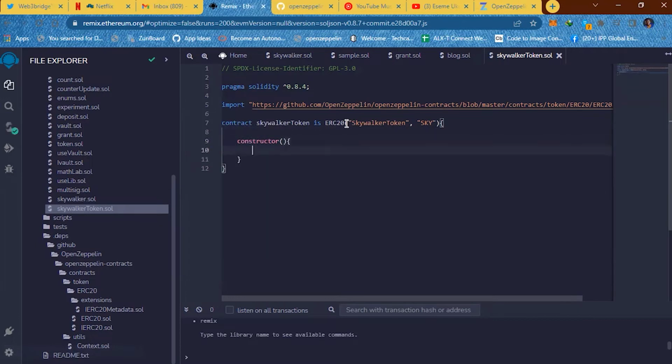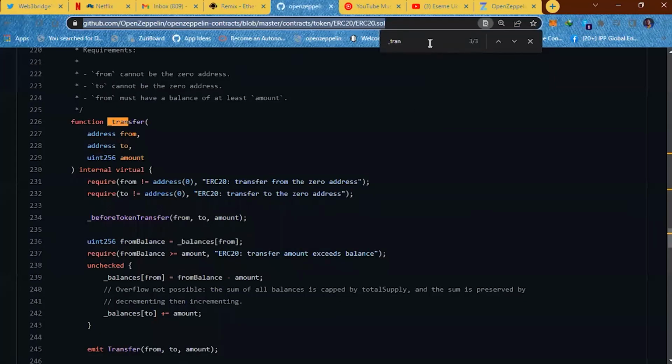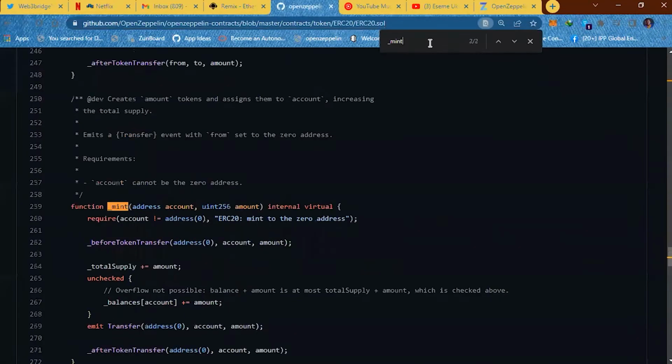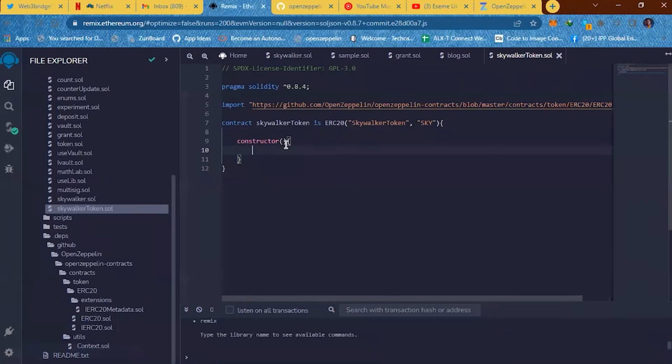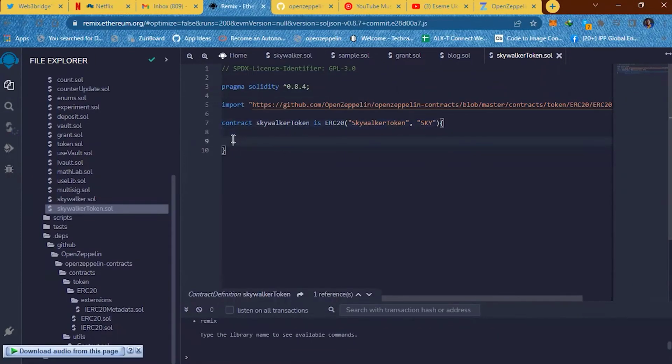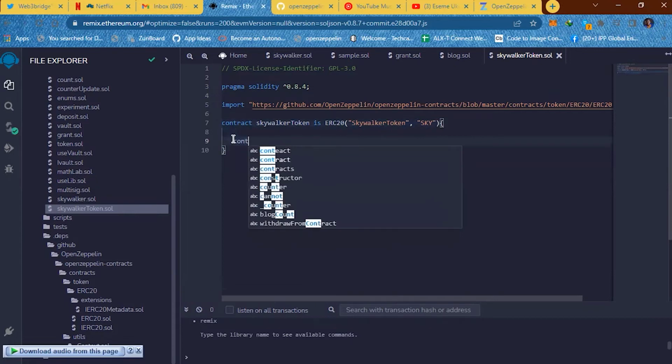So in this constructor here, we are going to call the mint function, which is here. Yes, so it takes in the address we're trying to mint to and the amount we want to mint, the amount of token we want to create. Okay, so we need to call the constructor,